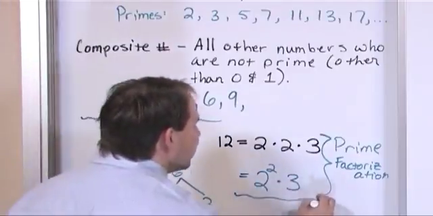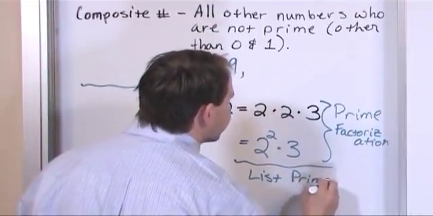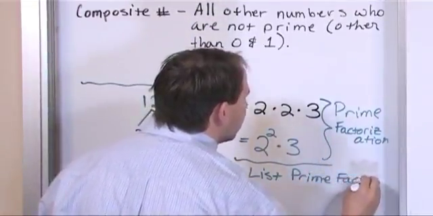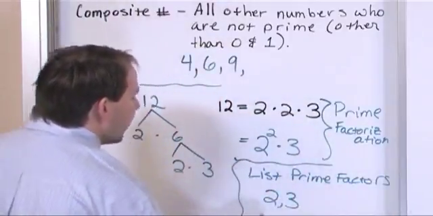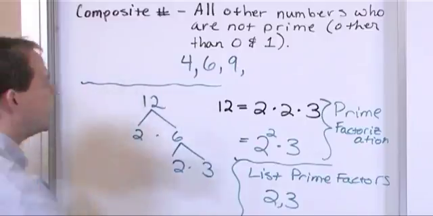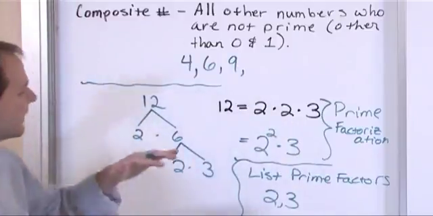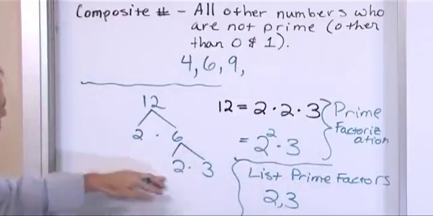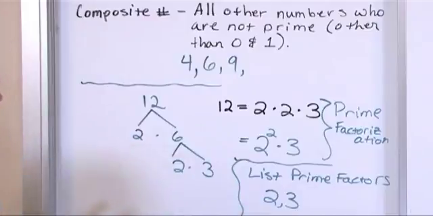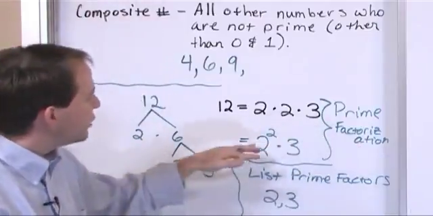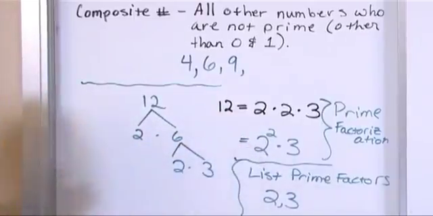Now, if we were asked to simply list the prime factors, then we just list the numbers 2, 3. Those are the prime factors. There's no reason to list 2 a second time because it's a duplicate. So when a problem asks you to list the prime factors, you just go down to the bottom and list all the numbers without any duplication. When you're asked to list the prime factorization, then you actually have to write it out as a multiplication and include everything and use exponents